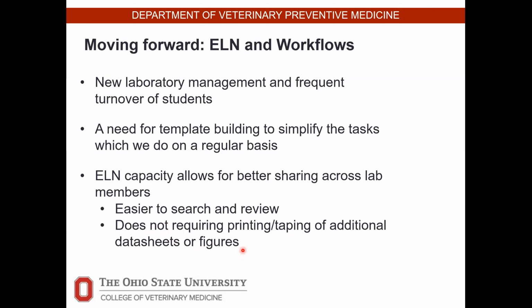Especially things like PCR amplification plots, right? Not having to print and tape figures into paper lab notebooks, being able to associate it with data items and objects that we have already entered is just going to be really huge, especially with so many different types of samples and assays. I think I probably went a little bit long, but I appreciate the opportunity to come talk to you all,